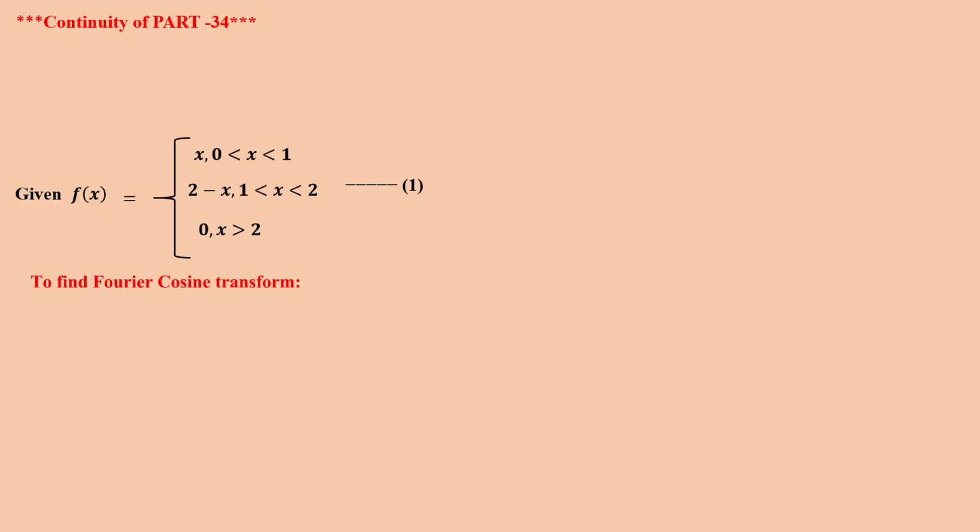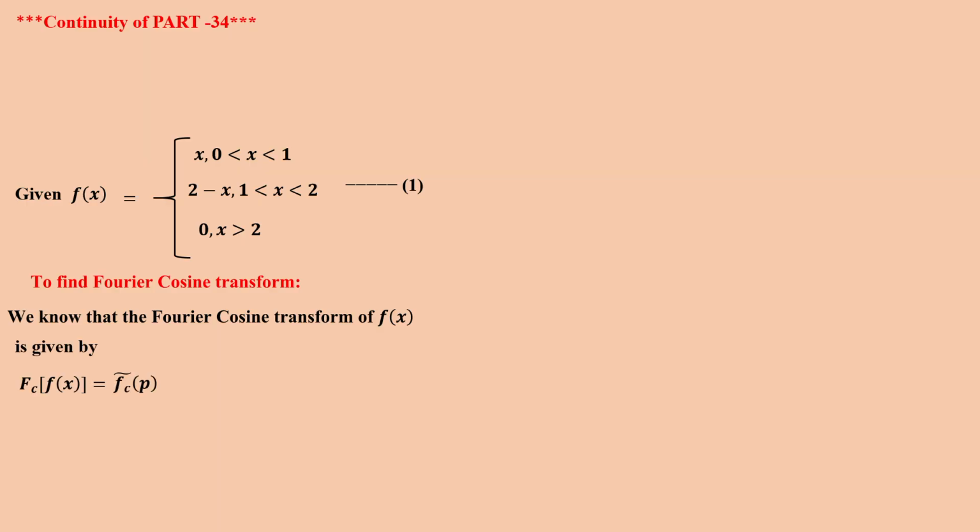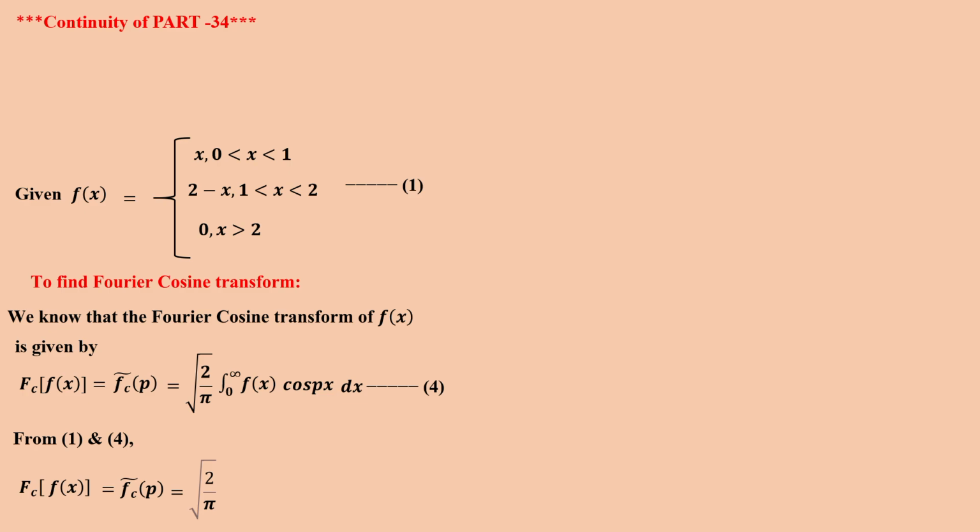To find the Fourier cos transform of f of x, the formula is f(c) bar of p, which is equal to root 2 divided by pi integral 0 to infinite f of x cos px dx. That is equation number 4. Using 1 in 4, the Fourier cos transform of f of x, f(c) bar of p, is equal to root 2 divided by pi integral 0 to 1,